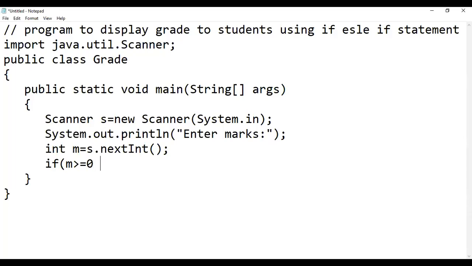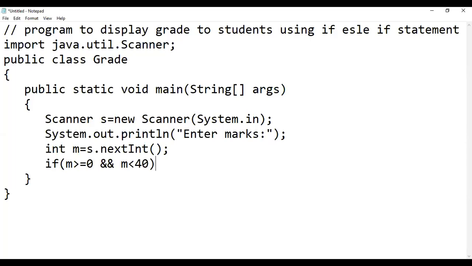And because both conditions should be checked, m less than 40. This condition will allow entering of marks 0 to 39.